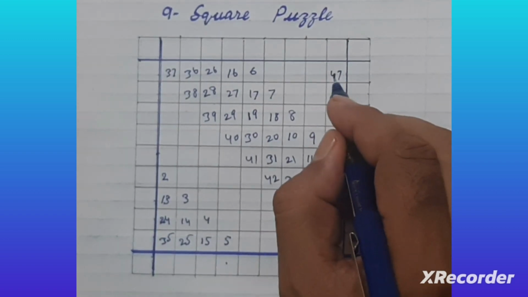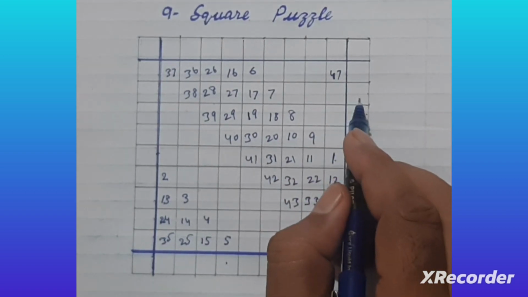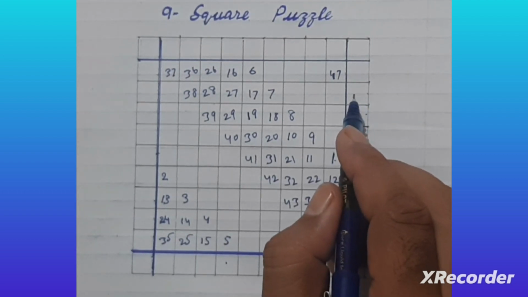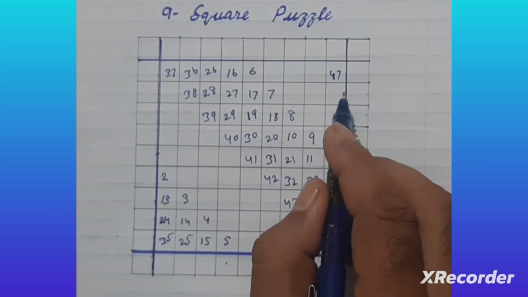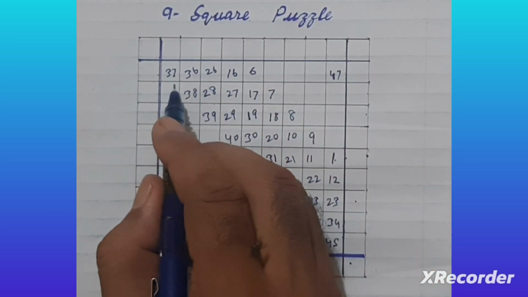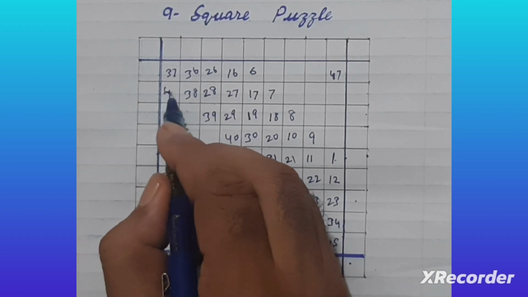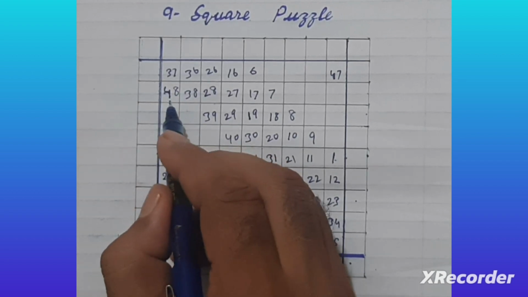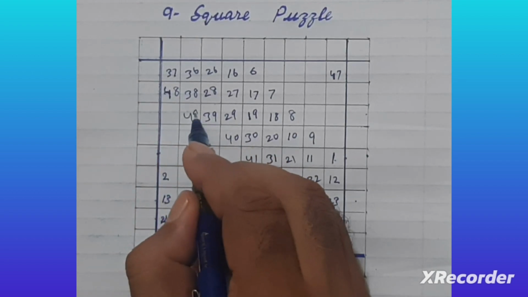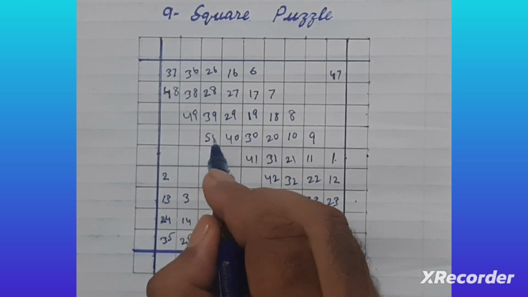47. 49 is for this place, but it is out of the range of the square. Therefore we write 49 at the beginning of this row. That is 48. 48, and then 49 and 50,